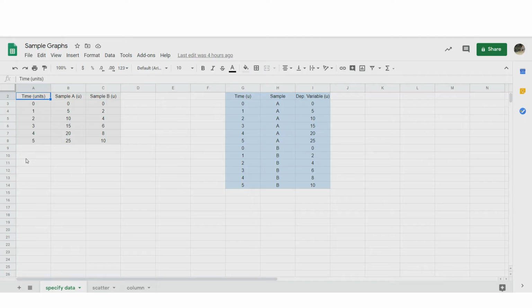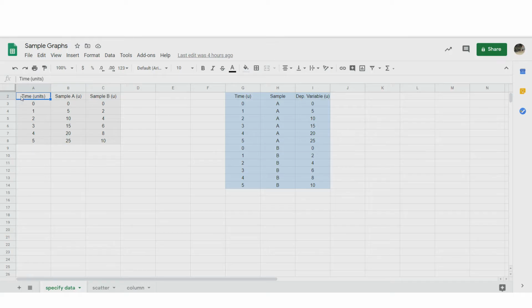This first one has time listed once, and then the measurements for each of two samples. For the second data set, there is a column identifying the independent variable, which is time, the dependent variable, whatever we're measuring here, and then identifying the samples.